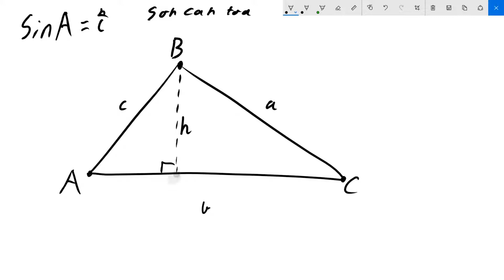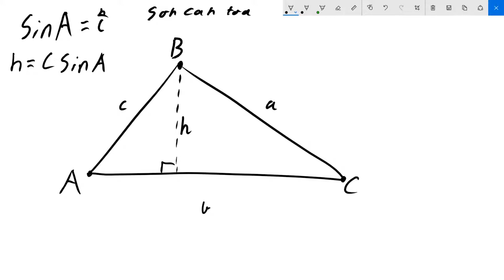No, the hypotenuse is always opposite the right angle, which means that C is our hypotenuse for this particular triangle. Now I want to solve for H, so I'm going to times by C on both sides, so we get H equals C sine